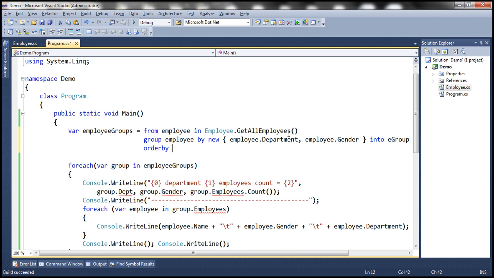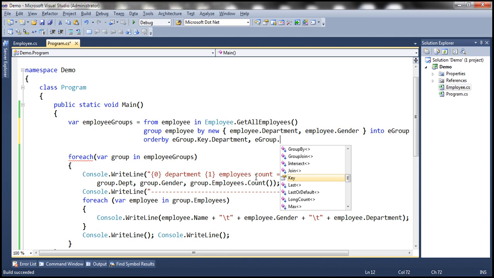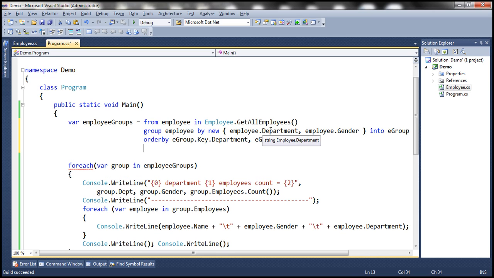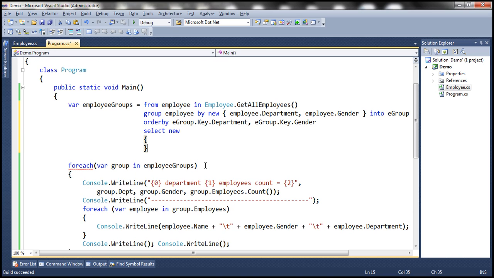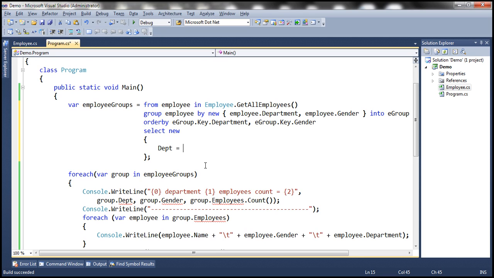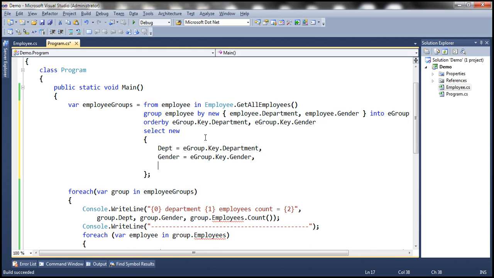So next we want to order the groups themselves first by department and then by gender. So order by eGroup.Key.Department, and then we want to sort by gender. Okay, so once we have the groups sorted, we need to now project these into an anonymous type and populate the required properties. So select new. What we want is the Dept property equals, so where are we going to get the Dept property from? eGroup.Key.Department. And similarly we want the gender property, and that we are going to get from the gender property of the key. And then we want employees equals this group,